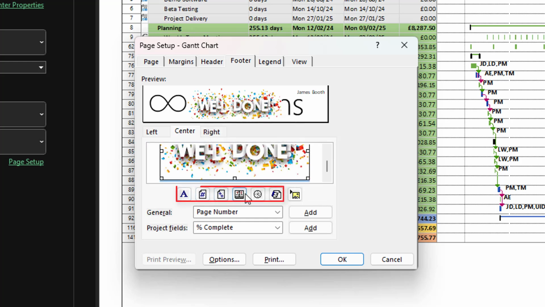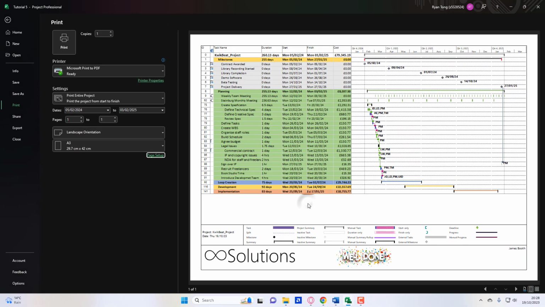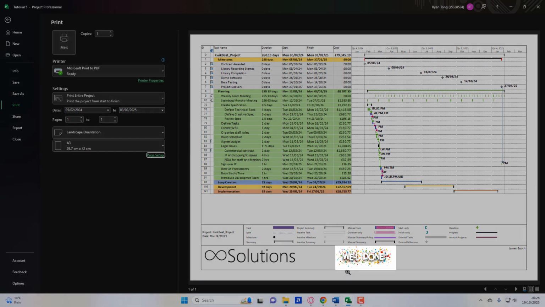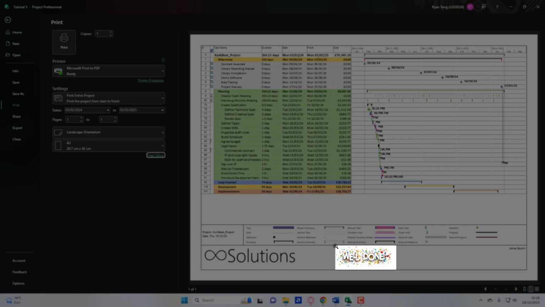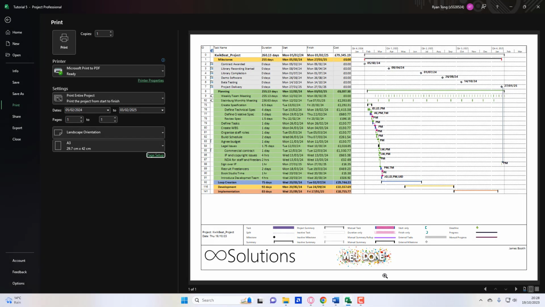There are also other options like these that can help you edit your footer. However, for this tutorial, that will be enough. Click OK. And now, as you can see, our footer is shown here. This will be where your logo will be